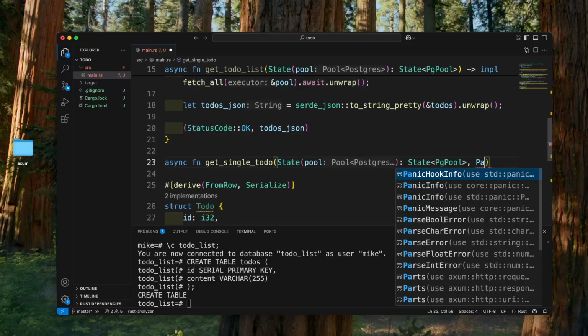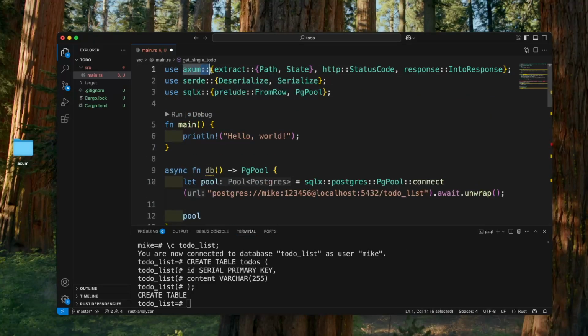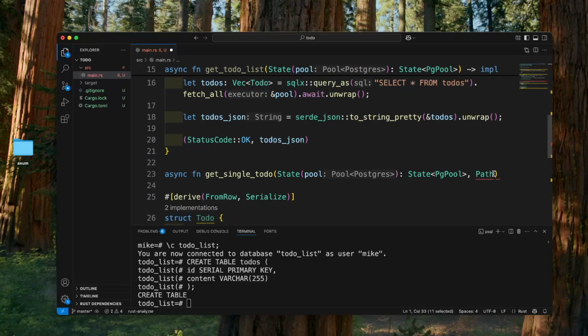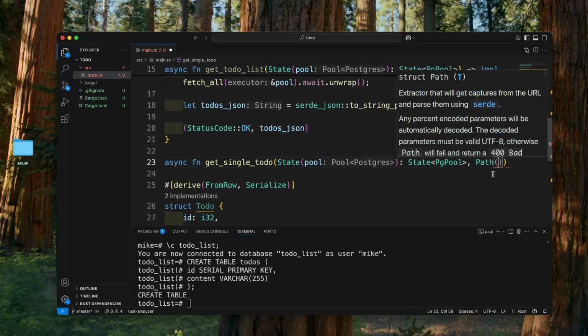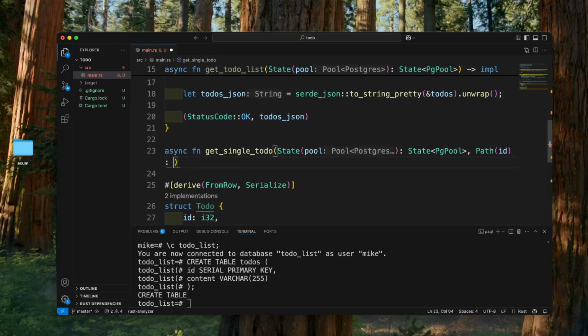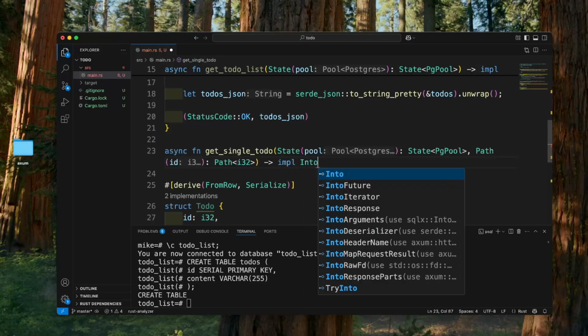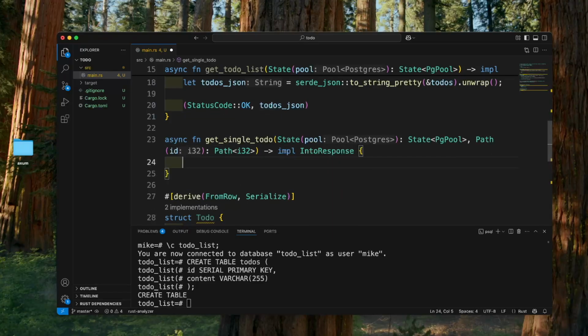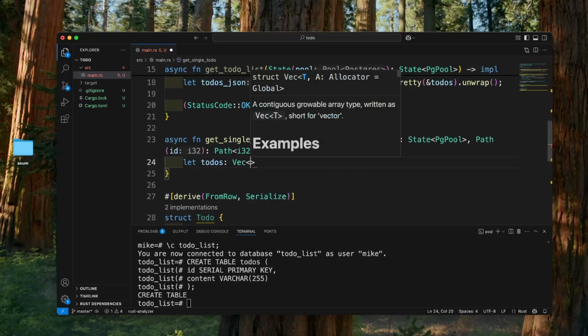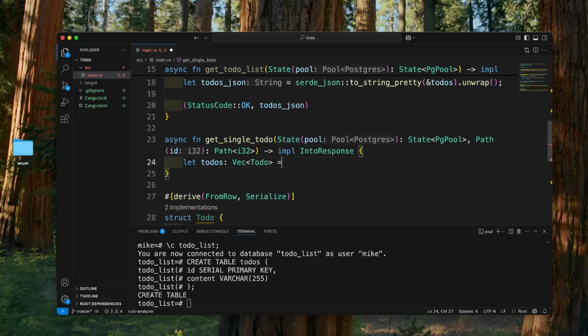So it will be Path, import from Axum extractor path. In its path, let's add a parameter. Let's give it a name id. Type will be Path. In its path, let's give it an integer type i32. Return type, we will give it an impl IntoResponse. Let's create a variable, give it the name to-dos. We will give it a type annotation, Vec, hold this to-do struct type, equal to, then we will call SQLx